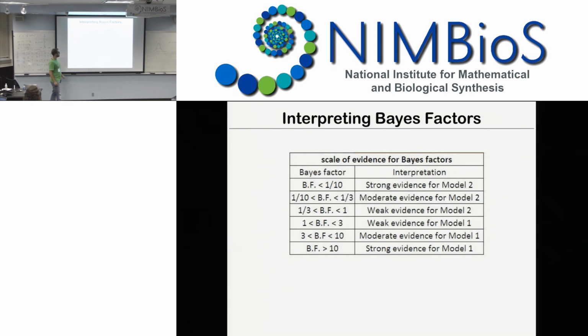If it's smaller than 0.1, it's very strong evidence for model 2. If it's between 0.1 and 1/3, it's moderate evidence, and so on. There are always these tables, which we provide in the tutorials, and then you can directly look at the Bayes factors and decide, depending on how large the Bayes factor is, if it's strong evidence or not